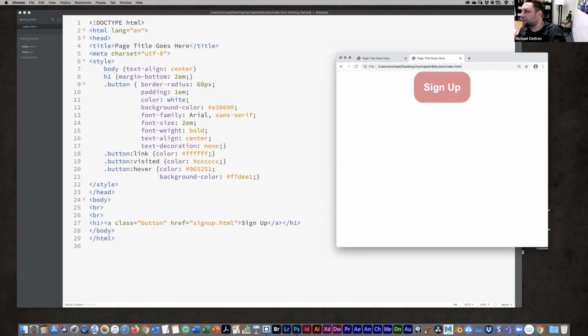Let's see, I got chat here. So Albert asked a question here about adding comments in your style sheets. Yes, there is a way.